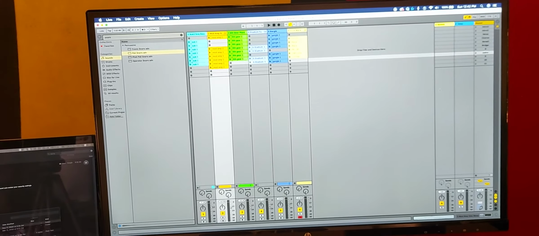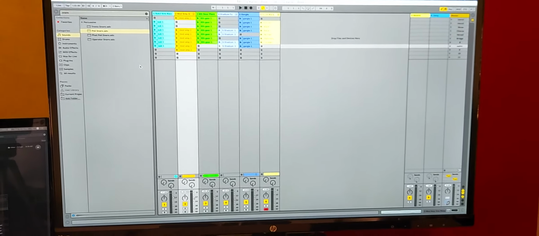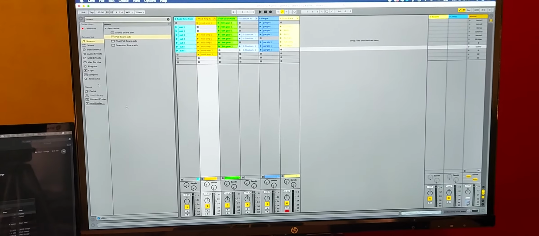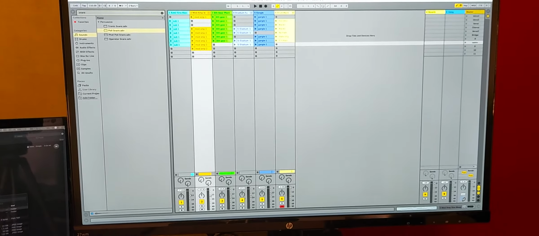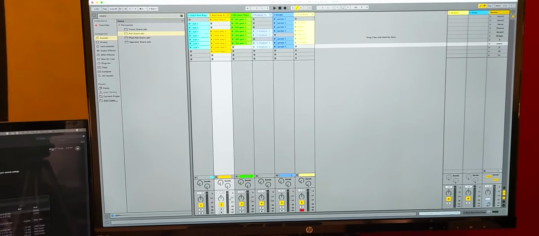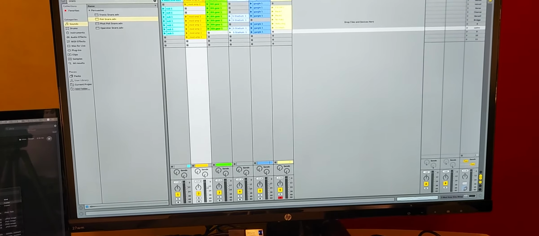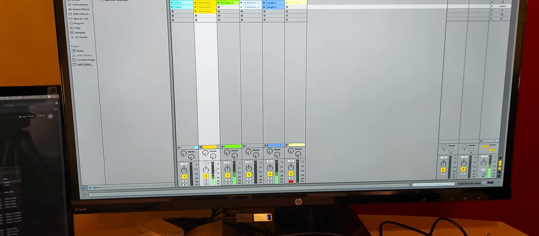The list might go on and on, but you'd have to learn multiple software. I have come a long way from Nuendo, Cubase, Fruity Loops, to Pro Tools, Logic, now Ableton. And so this was my week two. It says my week two project here.